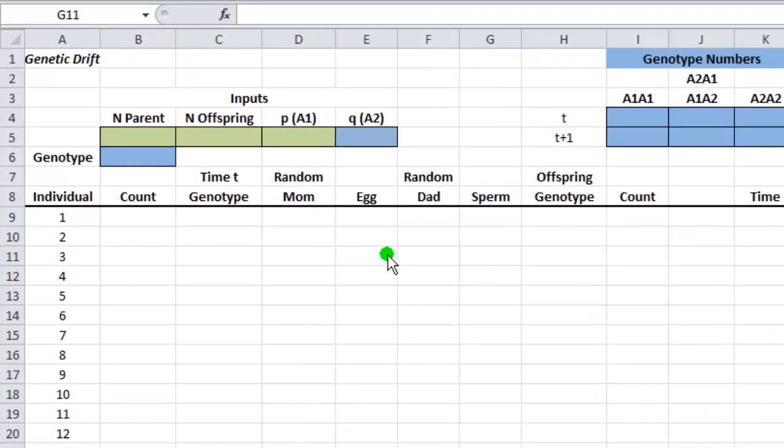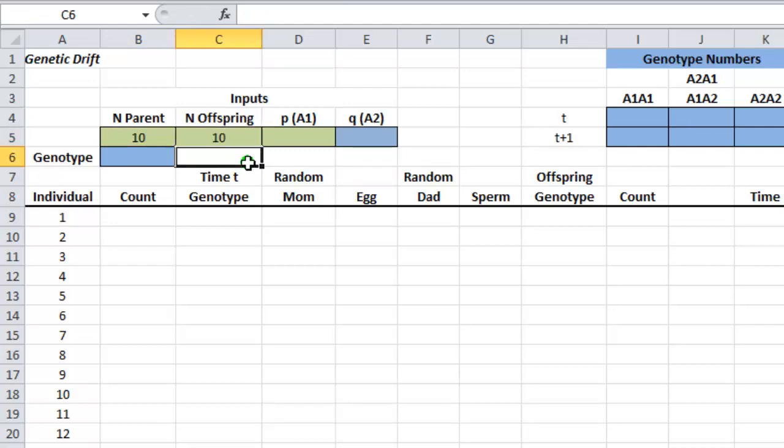In our spreadsheet, we've set it up so that you can enter a parental population size in cell B5 and then let those parents reproduce offspring. And you can enter the number of offspring that are produced in cell C5. The individuals are labeled down column A, and we've numbered them from 1 all the way through 500. So the spreadsheet itself can be pretty flexible, meaning that we can deal with any size population as long as we don't exceed 500. Let's assume that we're dealing with a population of 10 parents, and they will produce 10